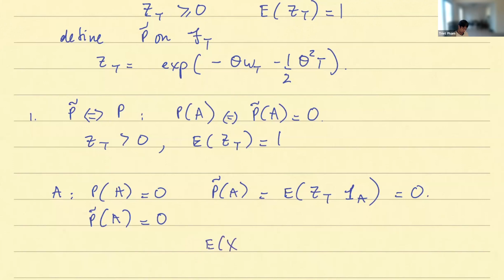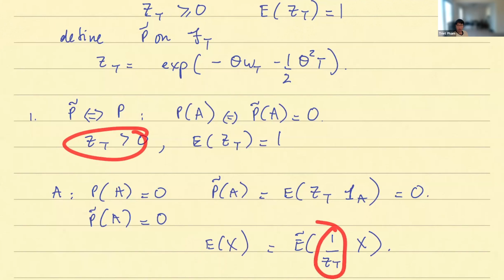So conversely, you can do this because ZT is positive. So 1 over ZT would make sense everywhere. If there's some point where ZT is equal to 0, then you cannot do this. But exactly because ZT is positive,